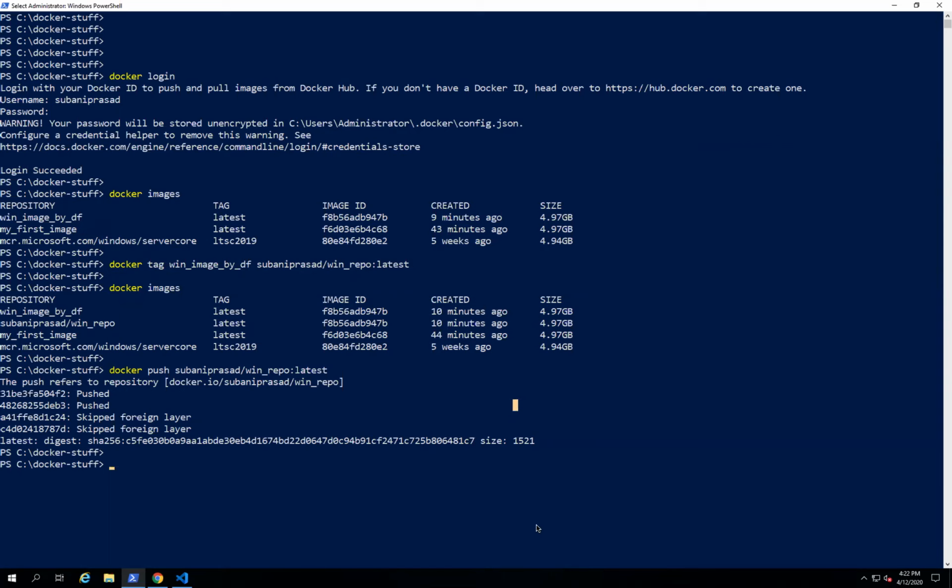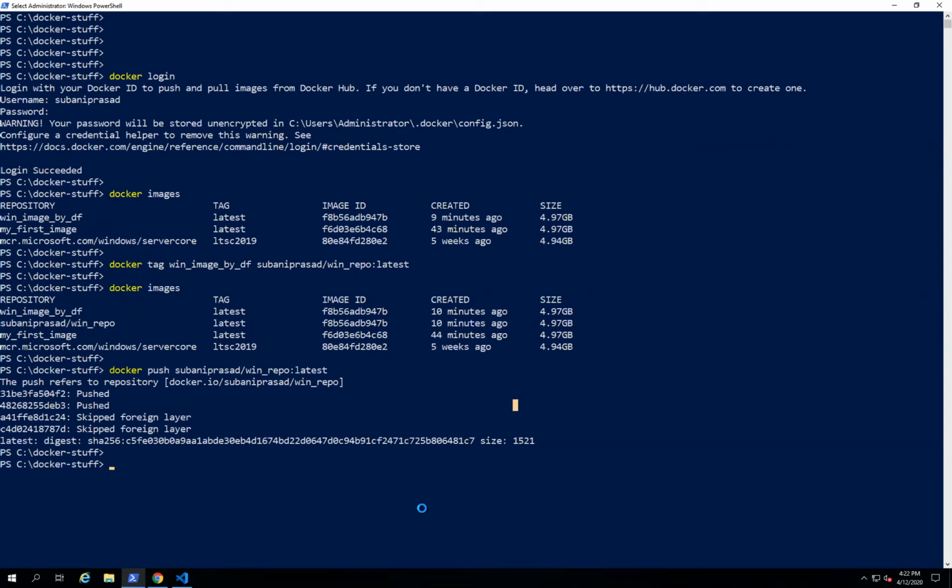In this video, we are going to see the Docker volume concept. So why do we need Docker volumes, first of all? When you run a Docker container, inside itself you will get an ephemeral storage.